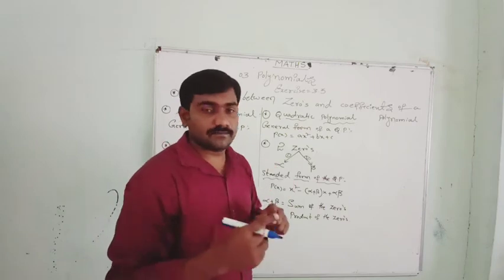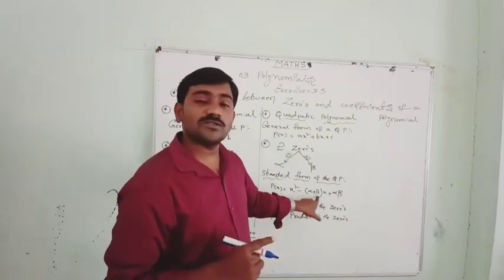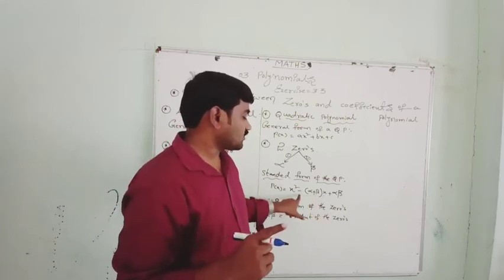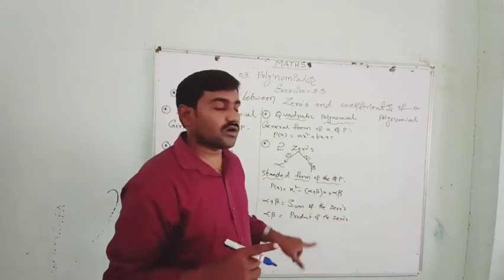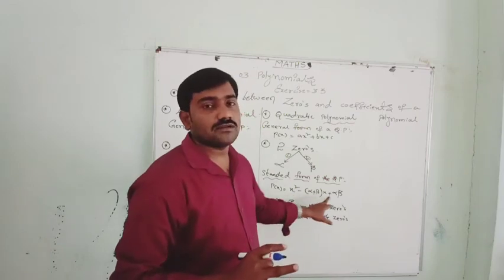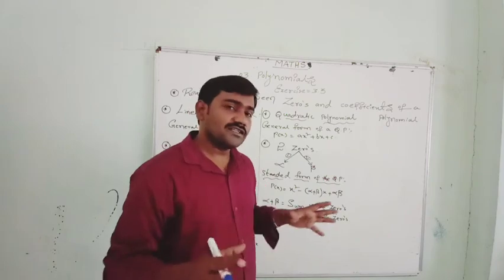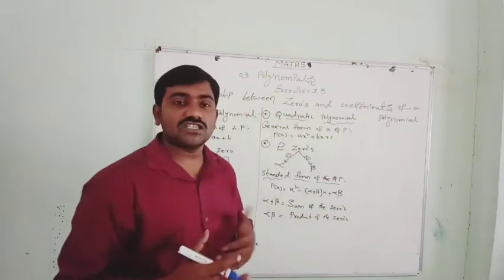2 into 3, 6. That you substitute in this. Simple. x square minus alpha plus beta, value as we got 5 now. 5 into x. x square minus 5x plus alpha beta, that is 6 we got. So the quadratic polynomial becomes x square minus 5x plus 6. That is the quadratic polynomial. Very simple, we can find out. There are many questions in the exercise. In 3.3 we can discuss that.